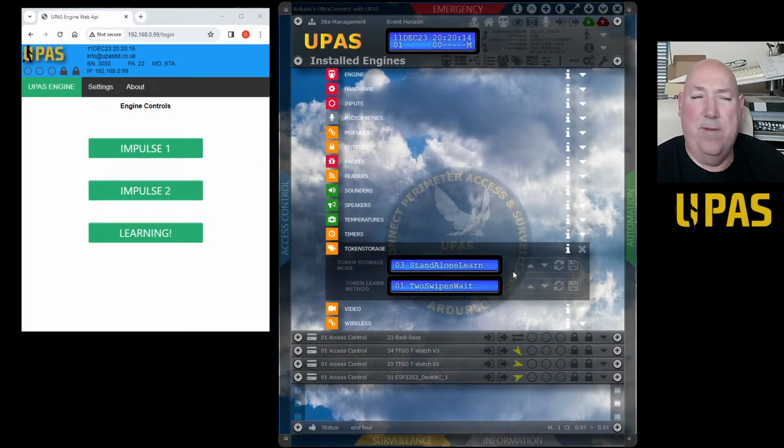They could be all random, and you wouldn't want to collect all the tokens in, or issue a load of new ones. So what you want to do, if you're not bothered and you want them to use the system, is have them bring their token up to the new controller or new engine that hasn't got any tokens in it. It'll read it and operate the barrier or whatever it is, gate, or switch anything on, and it'll save the token, and it'll actually program it in there.